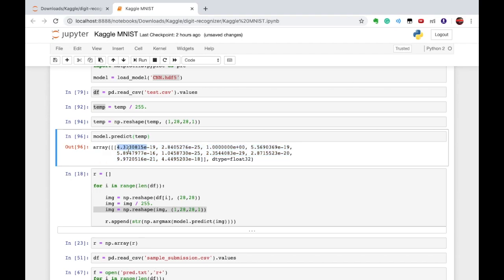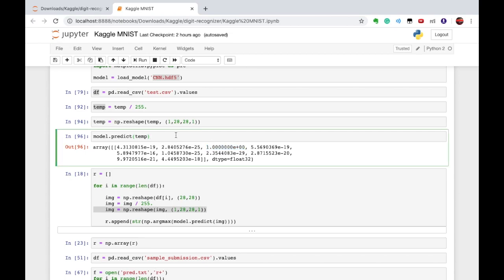So this is the probability that this image is of 0. This will return you that much percent of chances that this image is 1, then this is for 2, this is for 3. Now you can say this one has the maximum probability, 1.0.